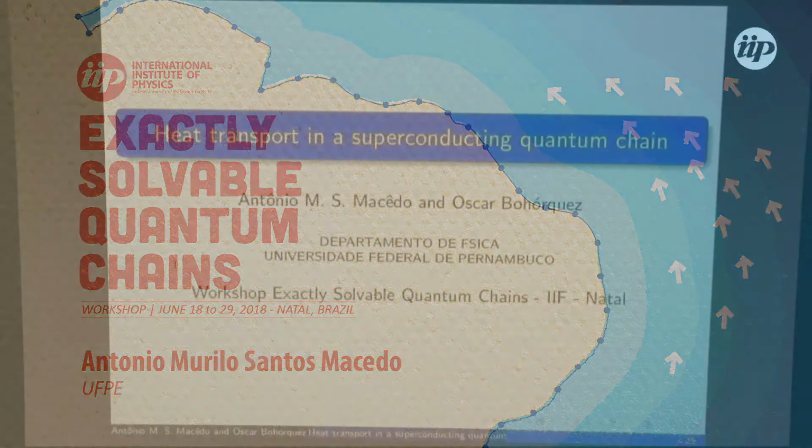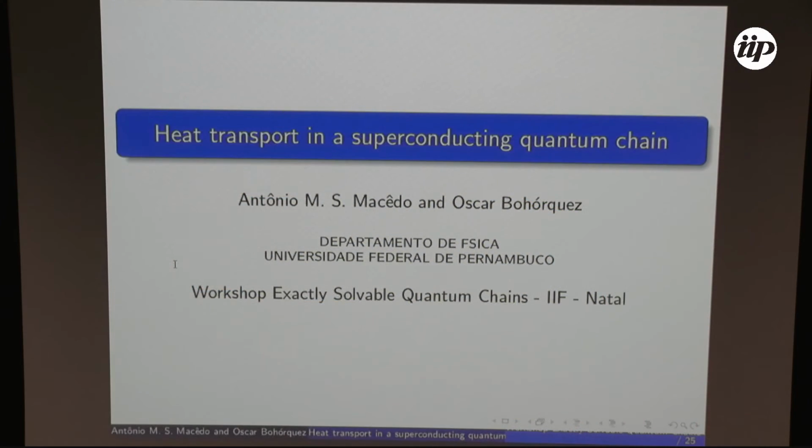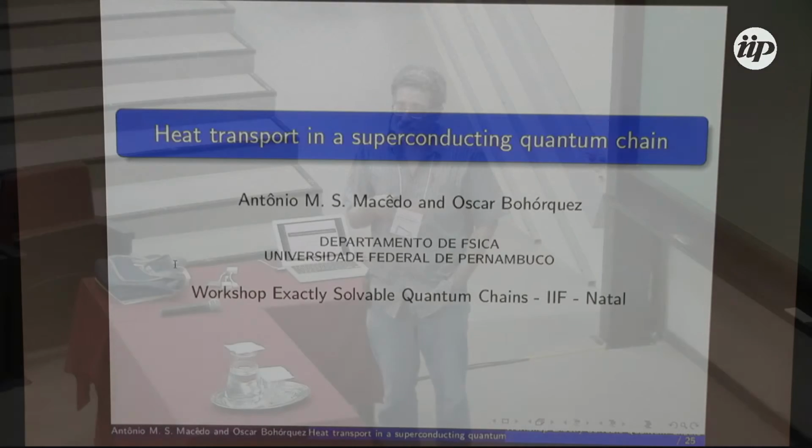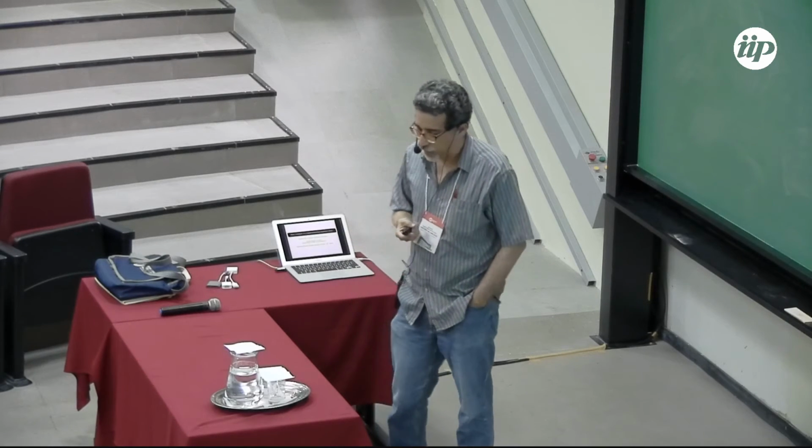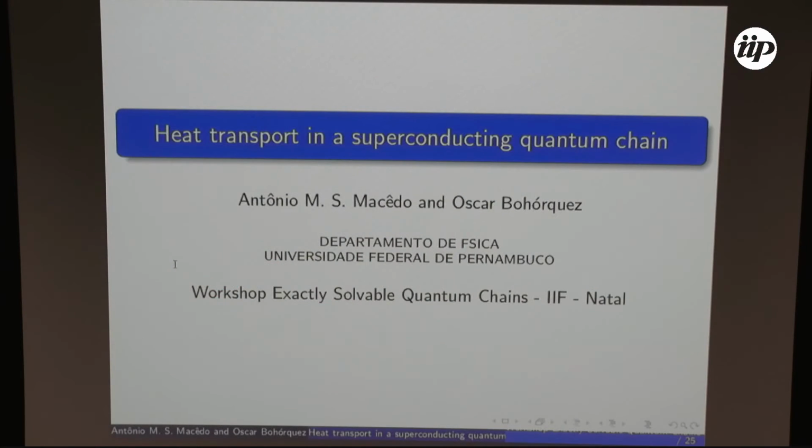Then I will try to show you how integrability can show up in rather unusual problems. Since we are going to talk about quantum transport, the intrinsic problem appears to be highly non-integrable, because it involves chaotic motion and is related to quantum chaos. So how can you see integrability in a problem such as this?